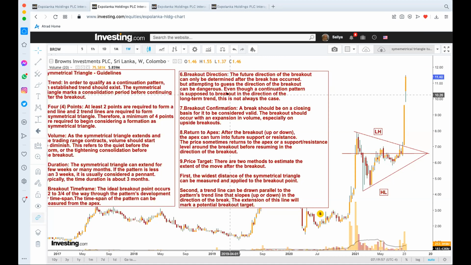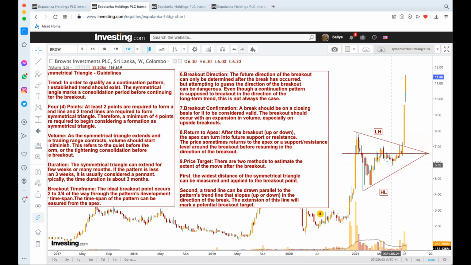Now, in our case, what we do is here, the closing price has to be above the apex line. Closing has to be above the apex line. Now, here you can see it went up, but didn't close. Only here it went and closed, right? Thereafter, breakout confirmation. Okay, it goes up, then throws back. When it is throwing back, it is not always throwing back to test the apex area. It won't happen like that, but a throwback will happen,